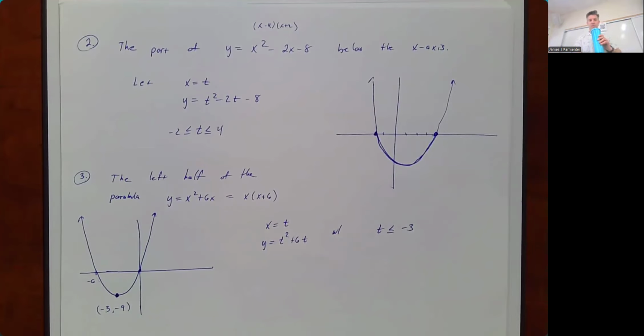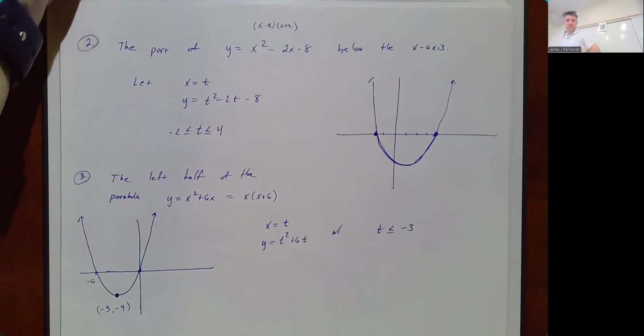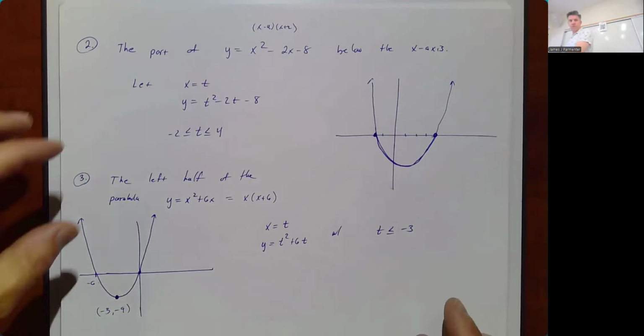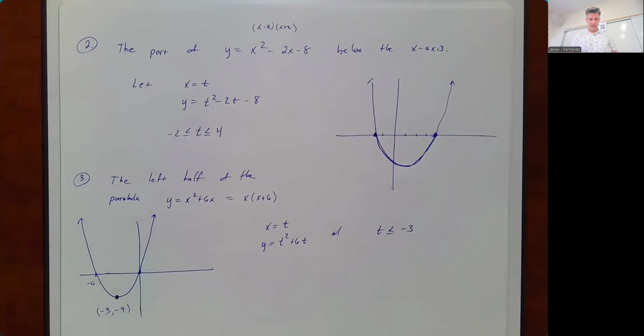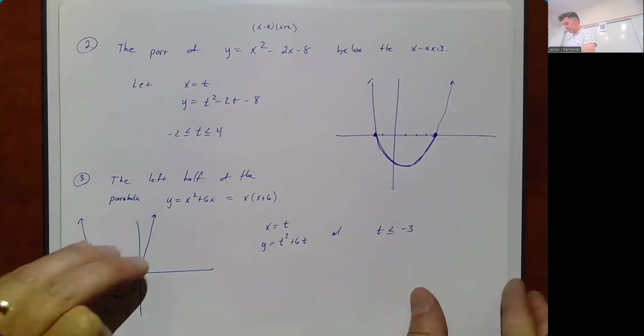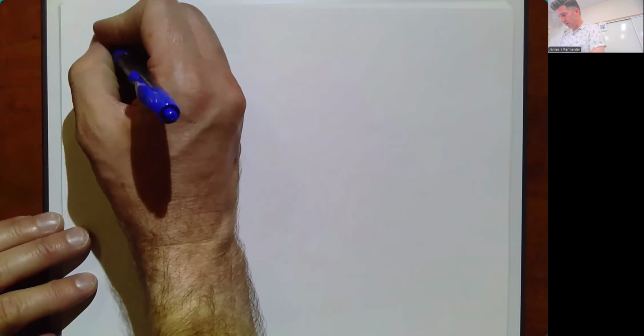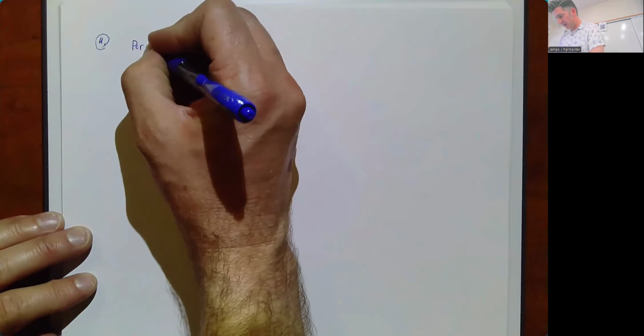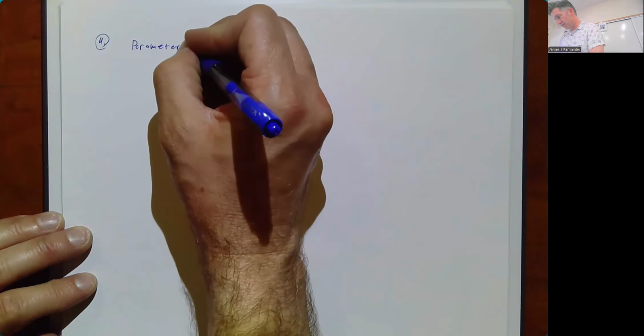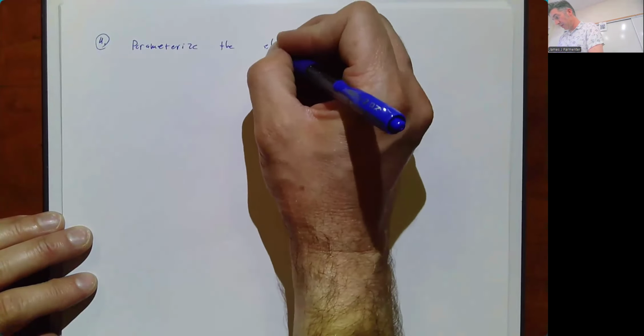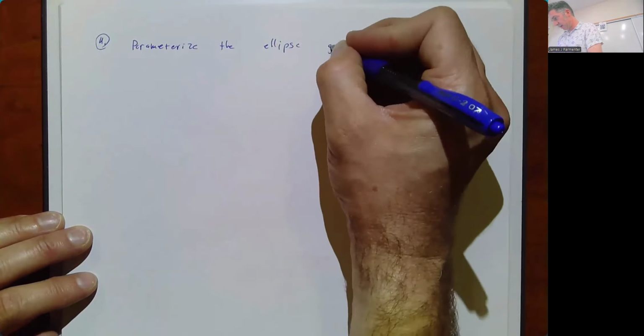So a couple more examples before I move on to doing some calculus with parametric equations. Let's do the following. Let's say I want to number things here. I want to parameterize the ellipse given by the equation